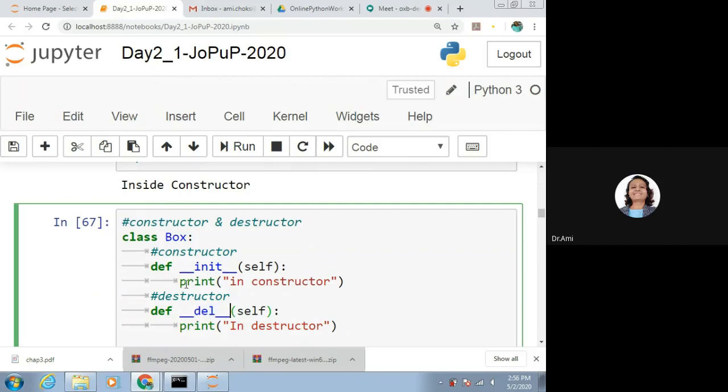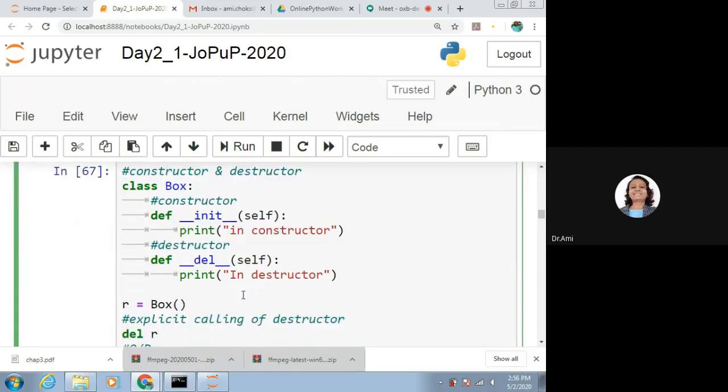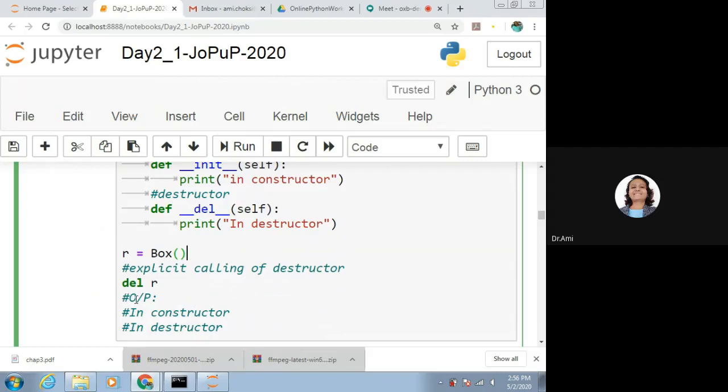So the definition of constructor says it is in constructor and the definition of destructor says it is in destructor. So how to call constructor and destructor? r is equal to Box. This will call the constructor and del r will call the destructor.